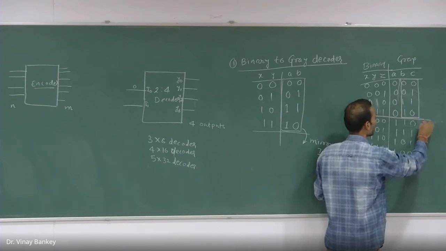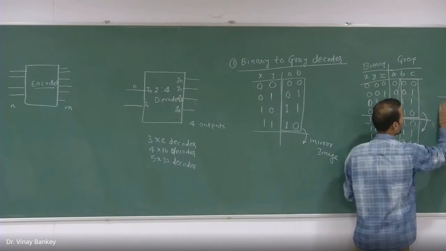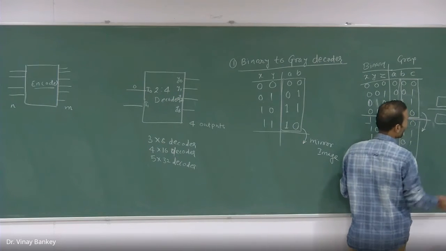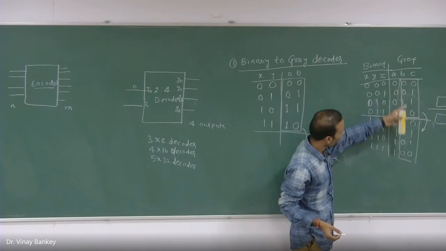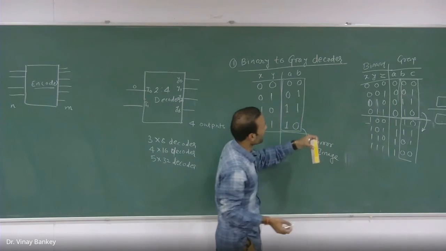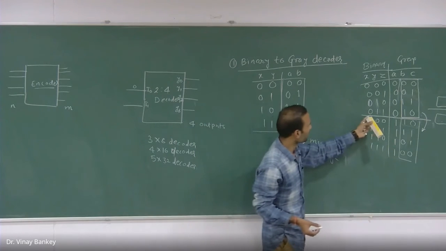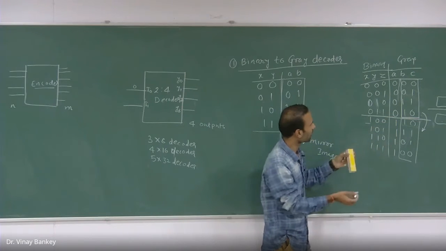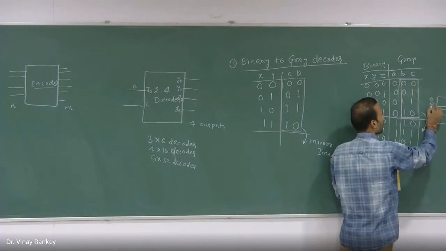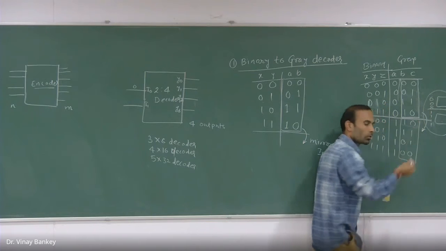If I draw a line here, this block is the mirror image of the previous one. You have this block for the 2-bit representation of gray code, and below this line you have another block which is exactly the mirror image of the upper one, isn't it? So whenever you want to represent the gray code in a higher order, here you have 2-bit representation, here you have 3-bit representation. So what you will do, you will take the 2-bit code and put 0, 0, 0 above the line and below it 1, 1, 1. So this will become the gray code of 3-bit.